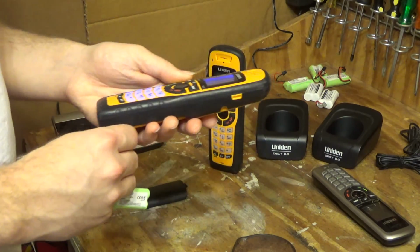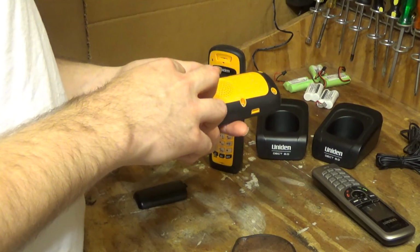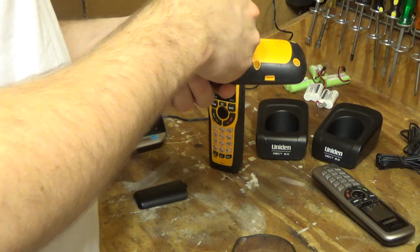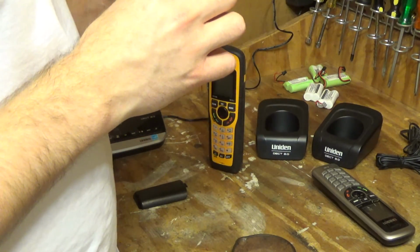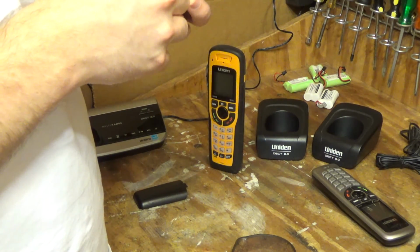Okay, this one looks good. Oh, the gasket came out of this one. That could have been bad. Actually, it looks like